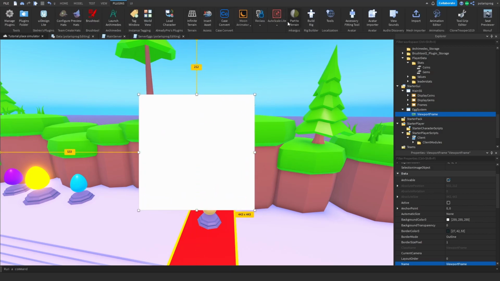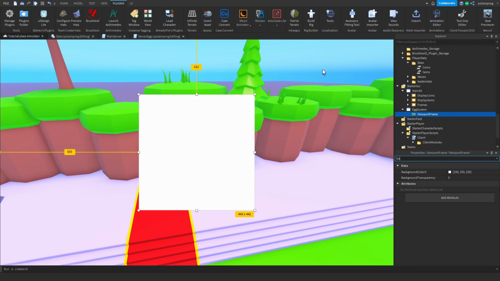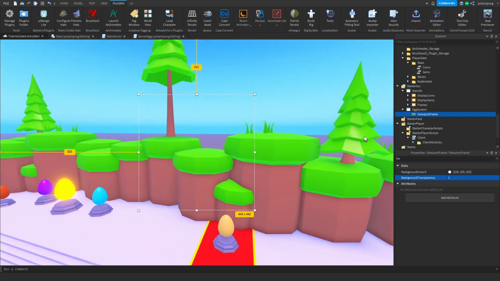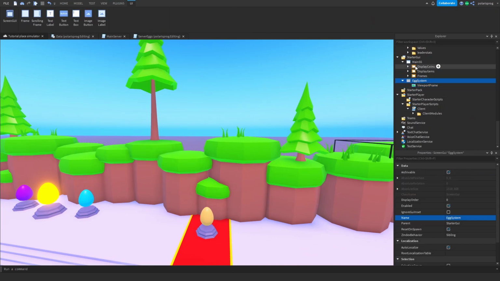I'm going to position it in the center, and I'm just going to go to Auto Scale Lite, unit conversion, scale. I'll leave a link to this plugin in the description. You should have it already, but if you don't, I'll leave you a link in the description. I'm going to make sure that the background transparency is set to 1, and then I'm going to enable my main SS,